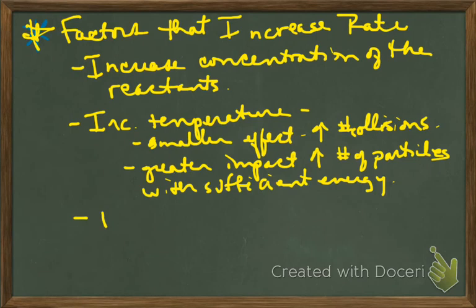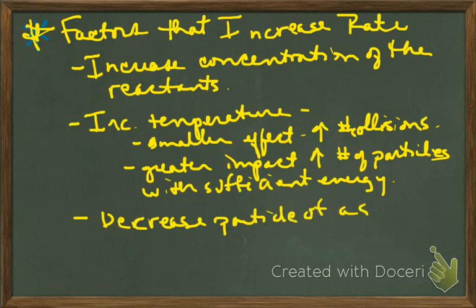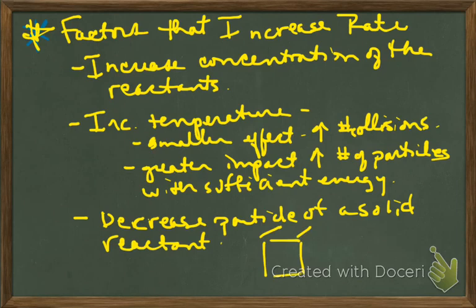You can decrease the particle size of a solid reactant. Okay, and then decreasing particle size of a solid reactant. And really, what you're doing is, say you have a big chunk of your solid reactant. You only have these surfaces where the reactants can collide with that big chunk. If you were to cut that down into smaller chunks,